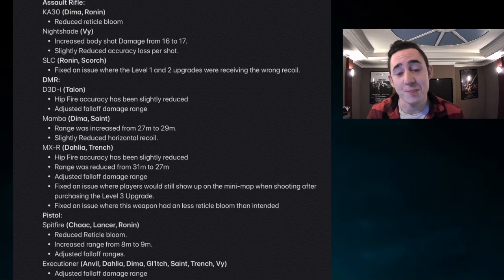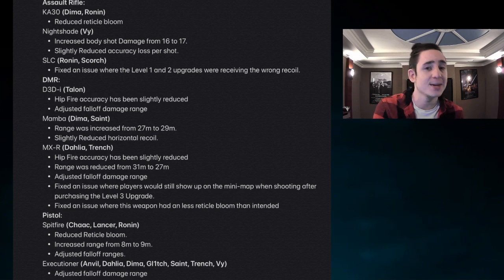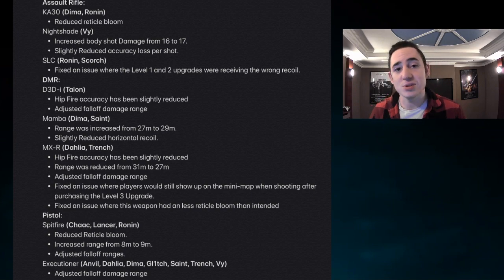Then they talk about the Mamba, and this one really confused me. The Mamba is in a really good spot right now. It is pretty deadly at range and is probably a bit too strong in certain circumstances, but they've decided to buff it quite heavily. One buff with the range going up by an extra 2 meters, which it really didn't need, and then the slightly reduced horizontal recoil, which again I feel like is more geared towards mouse and keyboard players because I don't think there was a recoil problem on this weapon. I think this weapon was in a really good spot. I think the recoil was fine, maybe a bit heavy, but it kind of needed to be because of how